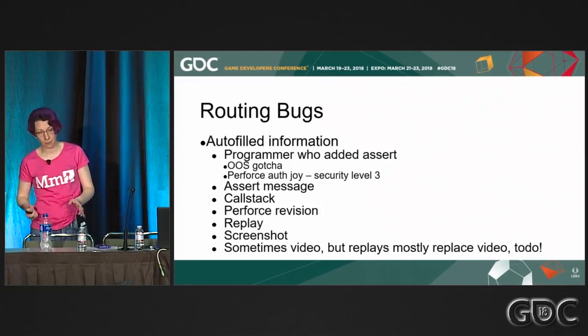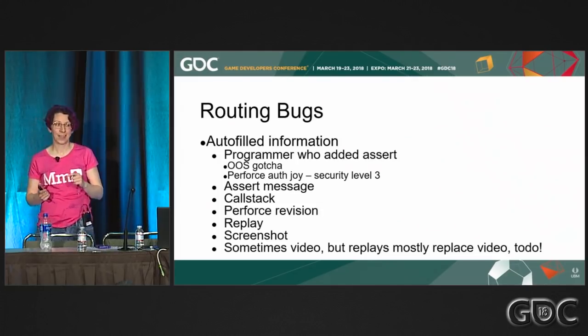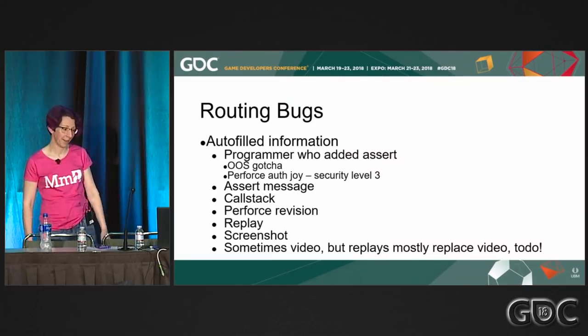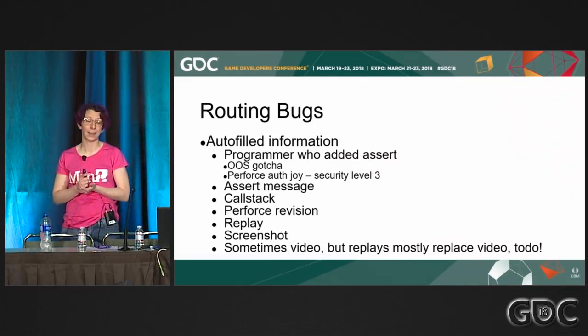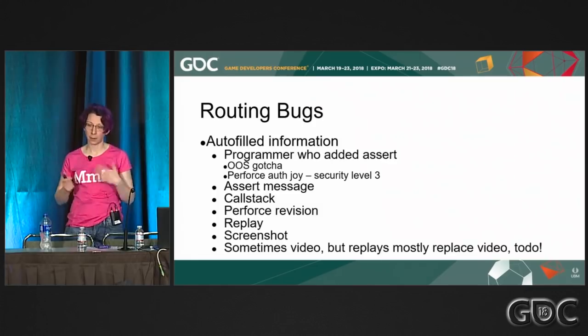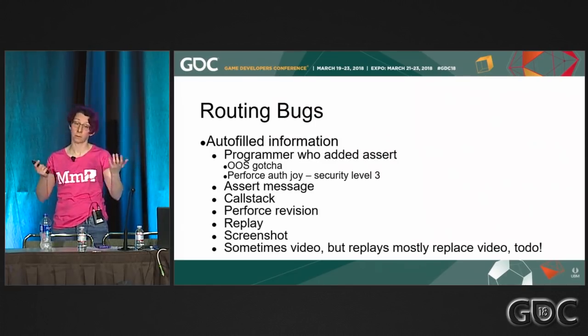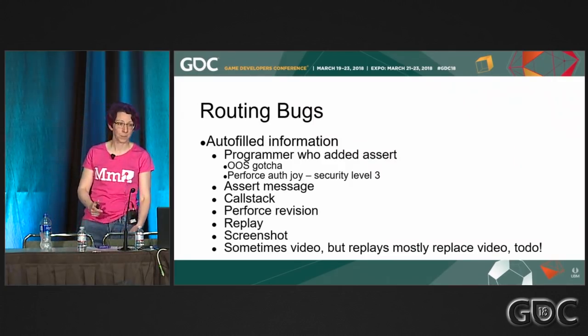So it means that any out of sync bugs, it says, yeah, Dave added this one. So give it to Dave. So poor Dave ends up with a lot of out-of-sync bugs. And luckily, Dave knows the code very well and can kind of farm them out to the right programmer. But at some point, I need to go in and maybe change it so that it looks up the variable that goes out of sync and see who added that variable, for example, instead. That would be more useful information for tracking down an out of sync. I haven't got around to that yet.